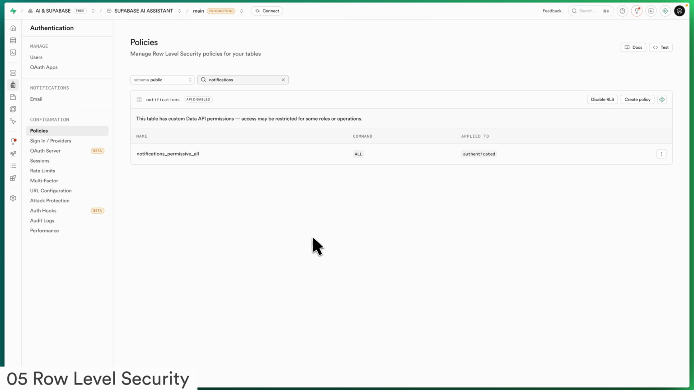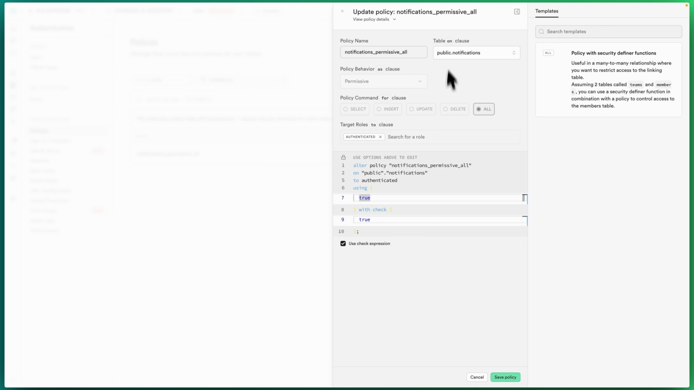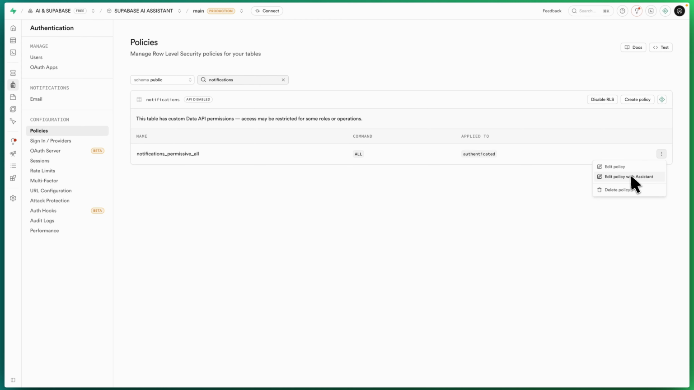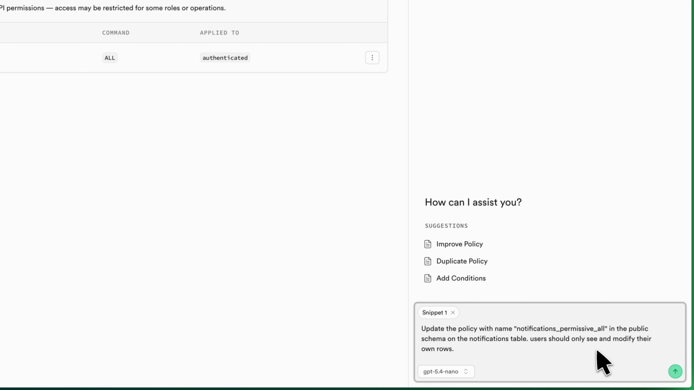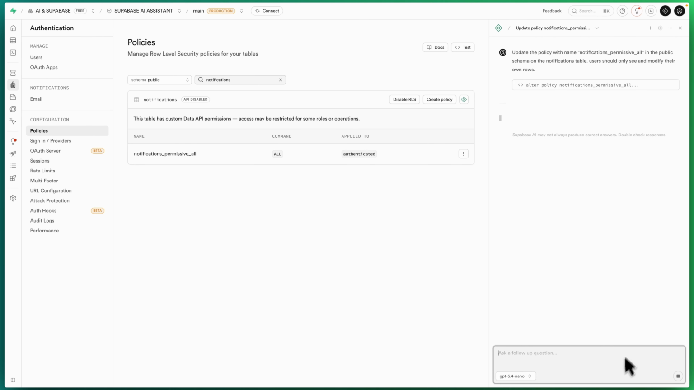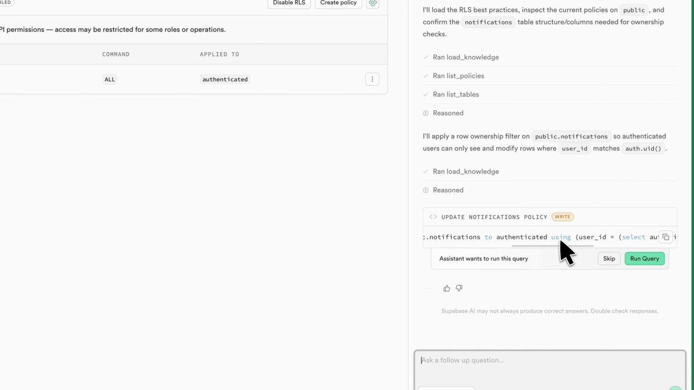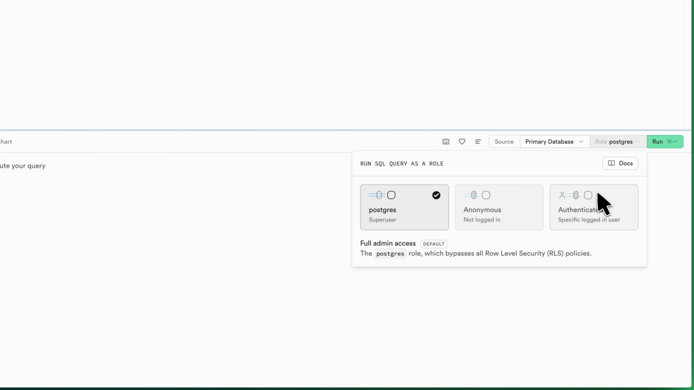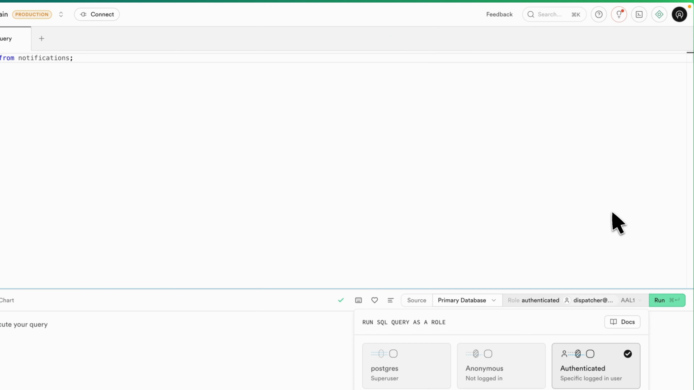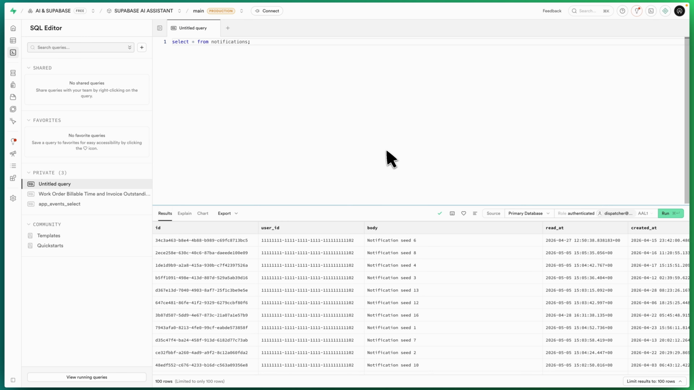Now let's look into row level security. The notifications table has a policy called notifications permissive all. With this policy, any authenticated user can read and write every notification for every other user in the system. Let's click on edit policy with assistant and describe the intent. Users should only see and modify their own rows. The assistant proposes the corrected policy. We can now impersonate the authenticated user in the SQL editor and test if the policy is applied correctly. Since the policy checks the records in the table with the authenticated user ID, users now can only see their